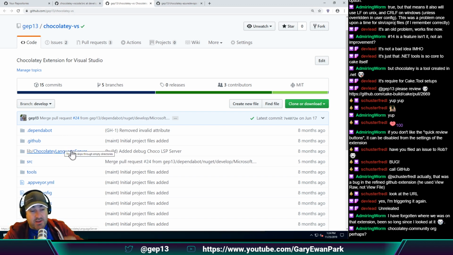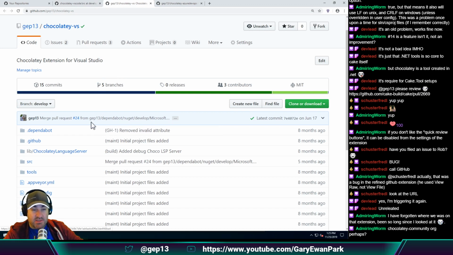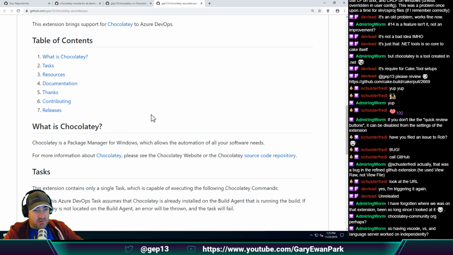So that's wrong, right? So we need to decouple this into its own repository, then reference it correctly from the VS Code extension, and then also from the Visual Studio extension, right? So that's why I've been hesitant about those two, because we need a clear separation between the two. The other thing is, if I go over here,